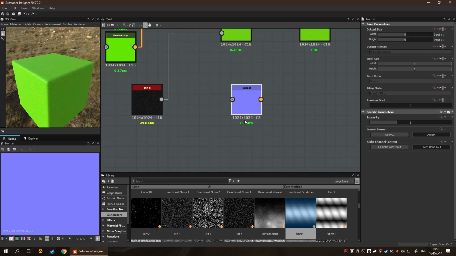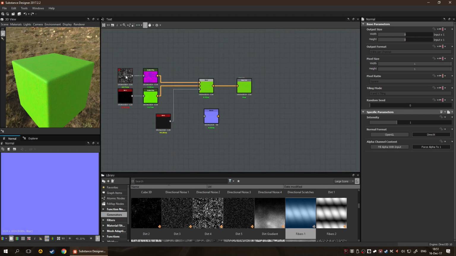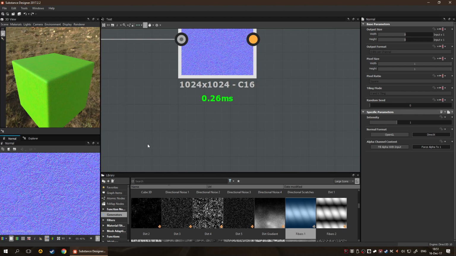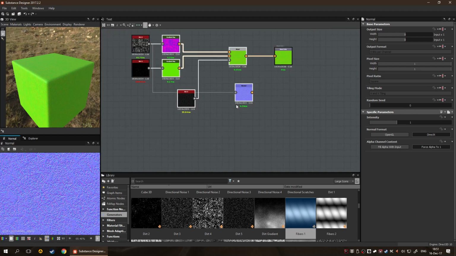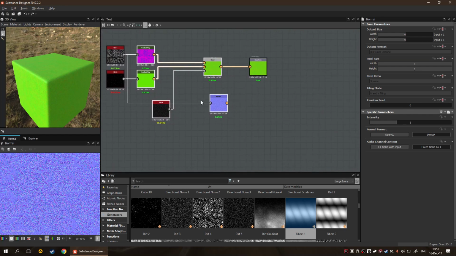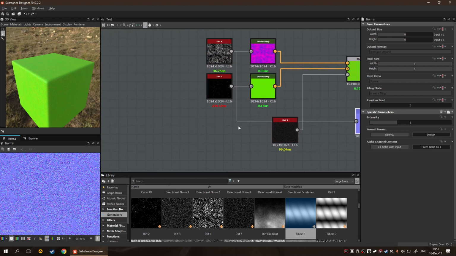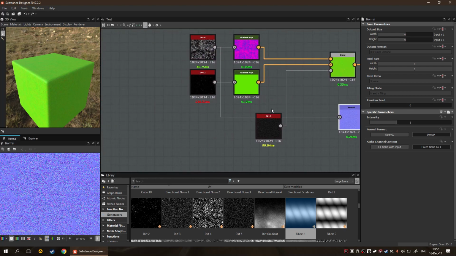You've got your normal node, which takes an input and turns it into a normal. So in this case, let's say we have this dirt, and I'm going to grab it and simply dump it over here. And as you can see, we have a dirt. Now notice that it's a 16-bit normal map. The reason for this, of course, is that these are 16-bit outputs. In other words, they're essentially kind of like,